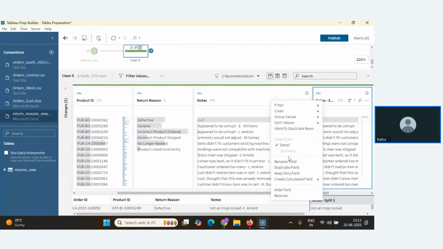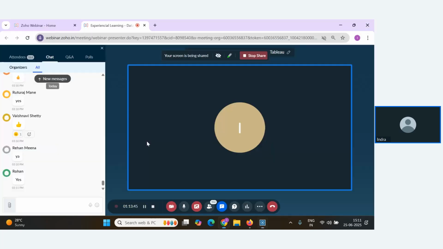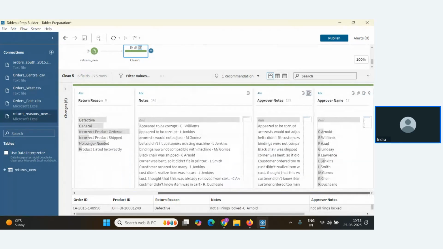Let me give the name as approver notes. So we have renamed two fields, approver name and approver notes.